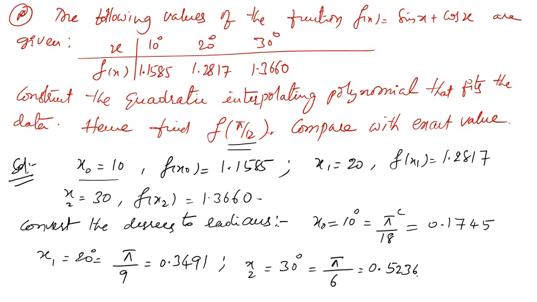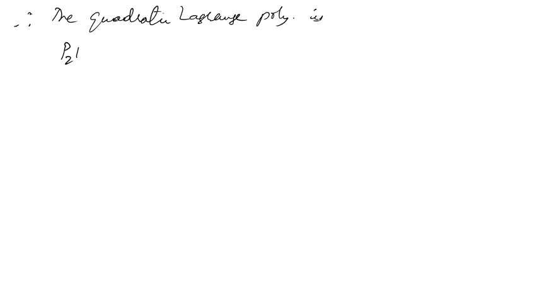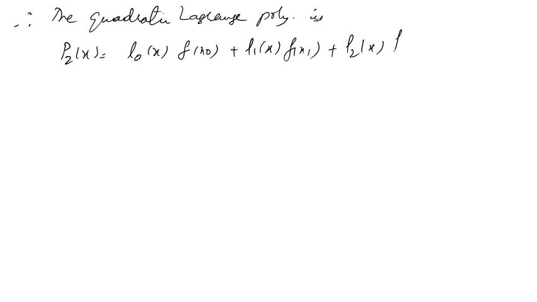Now instead of 10, 20, 30, I have to consider 0.1745, this one and this one. These are the values of x0, x1 and x2. Therefore, the quadratic Lagrange's polynomial is: what is the formula? P2 of x equal to L0 of x into f of x0, plus L1 of x into f of x1, plus L2 of x into f of x2. This is equation 1, where